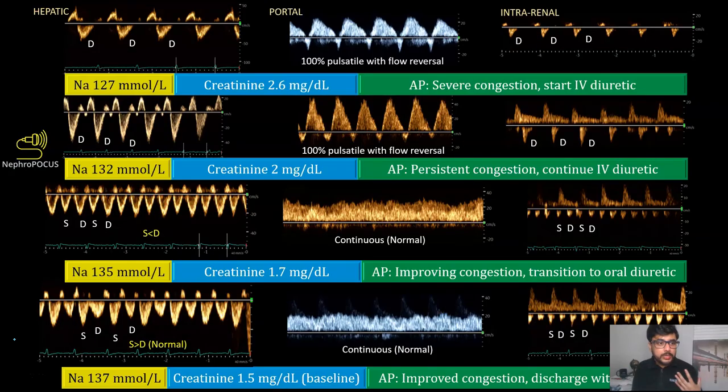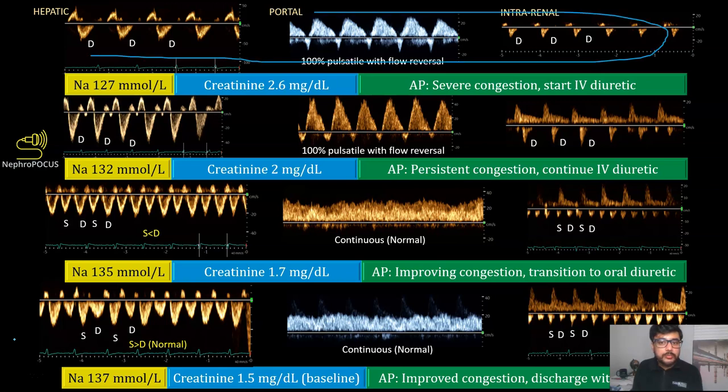But just to show you the changes better, we have these tracings here. So initially sodium 127, creatinine 2.6, all severely congested waveforms. So we said the assessment plan was that there is severe congestion, start IV diuretic. And on follow-up 2 days later, sodium improved to 132, creatinine improved to 2, and assessment and plan was persistent congestion, continue IV diuretic because the portal vein is still pulsatile. And rest of the veins obviously were